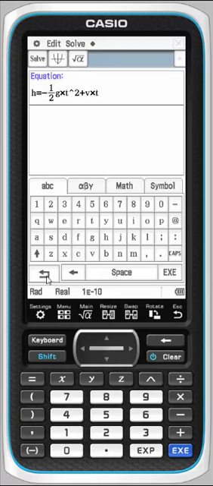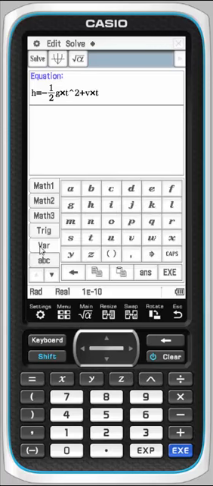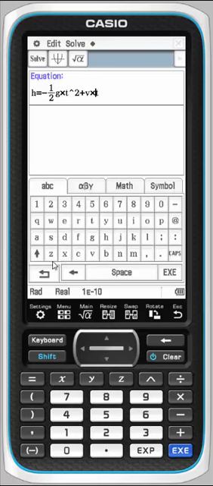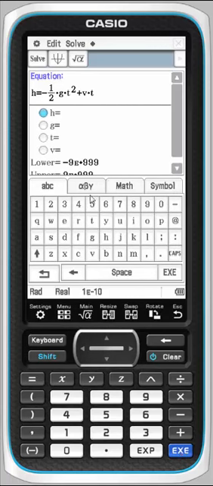The only exception is if I back up to the variable tab, anything in bold italics is assumed to be a single variable, not a multi-letter name. And so these you can actually put next to each other without a multiplication symbol. But these standard letters require a multiplication symbol. When I enter my function and I press execute, it converts it so it looks just a little more attractive.